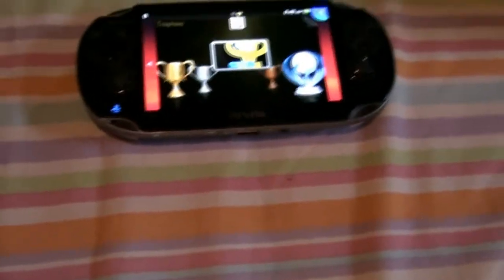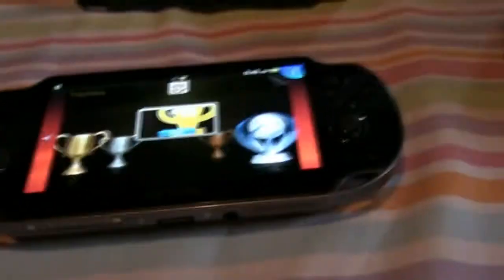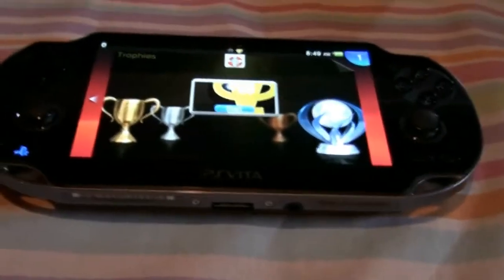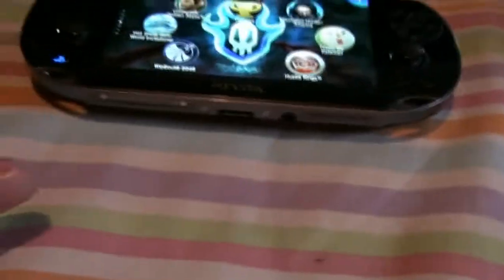Like, you wouldn't be able to hook it up to a stereo or whatever through a USB just to play the music on here. You'd probably have to rig it to an audio jack or something. That's the only thing that kind of sucks, but I guess Sony's gonna try and do everything they can to combat the piracy with this system. So, but yeah, get rid of that, and I might as well show you the